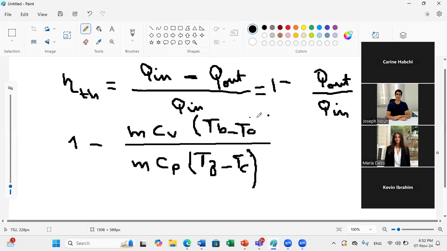And now the masses can simplify. So we have calculated the thermal efficiency in another way. If you just know the temperatures at the extreme points of your cycle, you will be directly able to calculate the thermal efficiency of your cycle. Okay? Now,